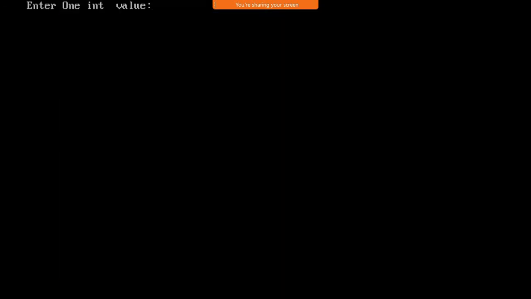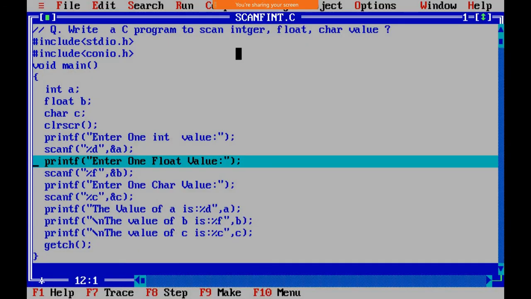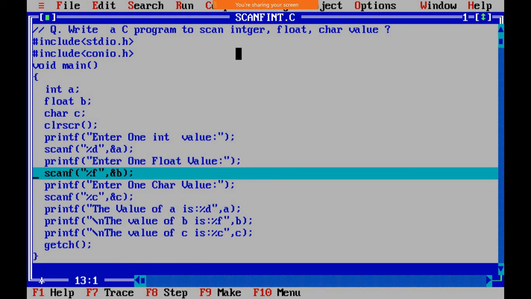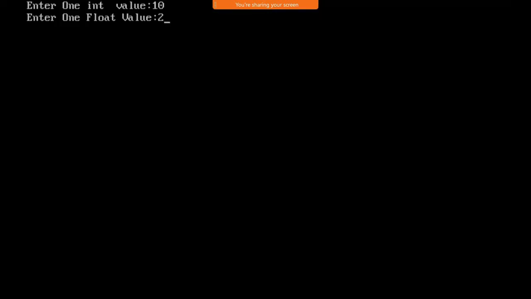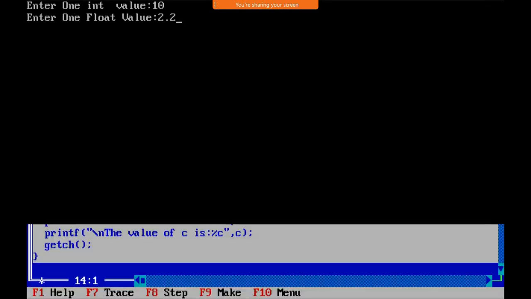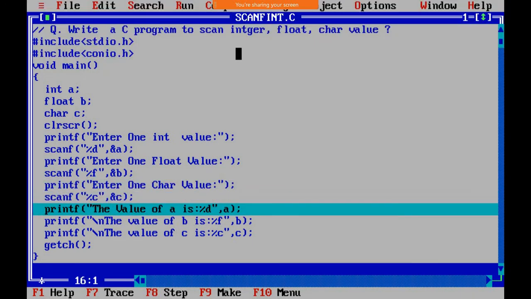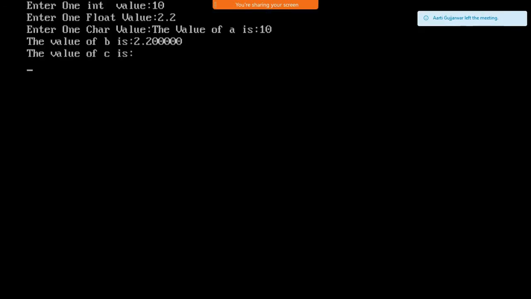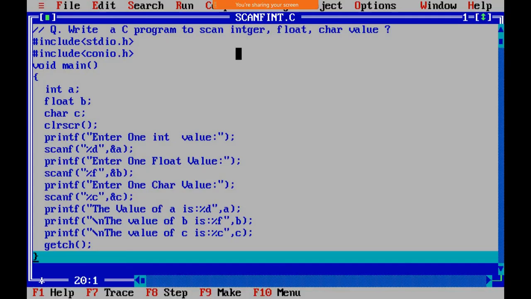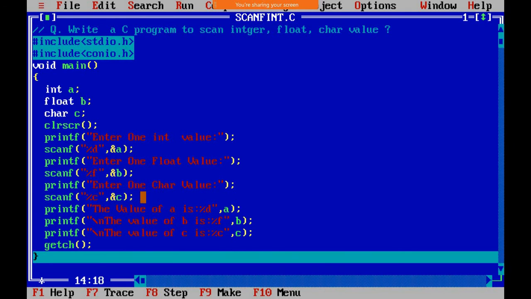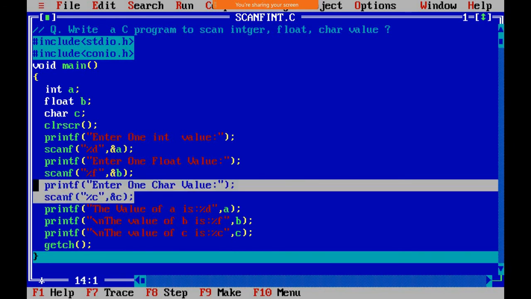F7 से कर्सर आया यहाँ, एंटर वन इंटीजर वैल्यू, ये स्कैन करने के लिए आउटपुट स्क्रीन पे आया, 10 एंटर कर दिया. सो ये फिर से फ्लोट वैल्यू के ऊपर जाएगा, फिर इसे स्कैन करेगा, यहाँ हमने 2.2 एंटर कर दिया. ओके, सो ये कंसेप्ट कहाँ जाएगा, फिर कैरेक्टर वैल्यू पे, एंटर वन कैरेक्टर वैल्यू. सो फिर से ये स्कैन करेगा और आउटपुट स्क्रीन से जो भी एम्प्टी वैल्यू है ये डिस्प्ले कर देगा. इसीलिए स्कैन की वैल्यू नहीं आएगी. सो मेक अ नोट ऑफ दैट, इसको थोड़ा सा ऊपर ले लो.